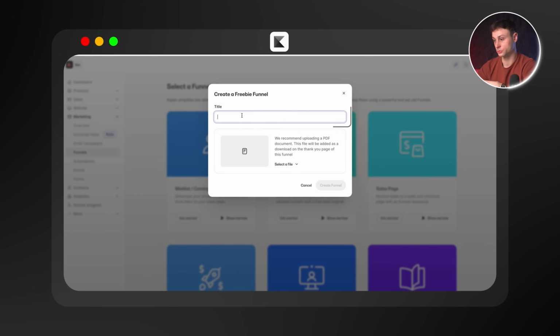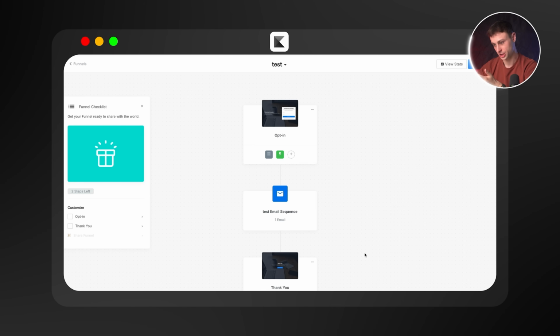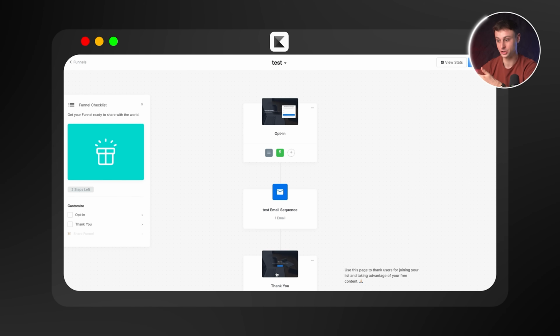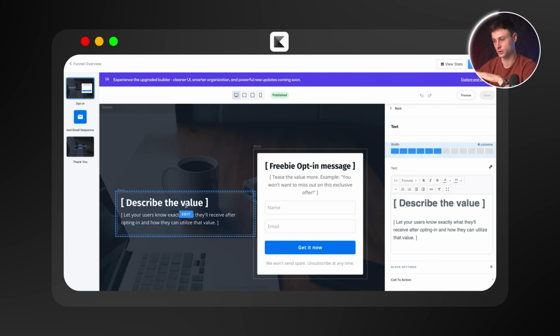So you can give your funnel a name. I'm just going to call it test. And then we'll click on create a funnel. So you want to actually upload your PDF. They recommend uploading a PDF in this example. You can do that at your own leisure, but that's pretty much how the lead magnet would work in this example, right? And as you can see, this is going to be our funnel. We're going to have an opt-in page right here and a thank you page. And of course, we can customize all of this quite easily